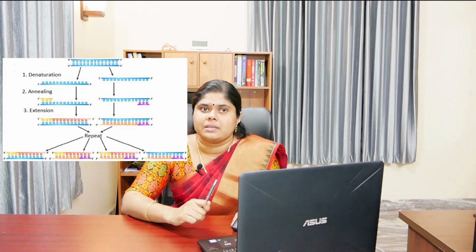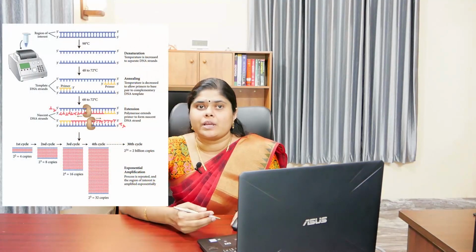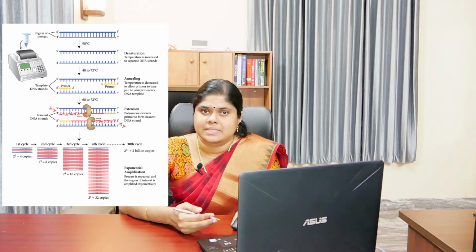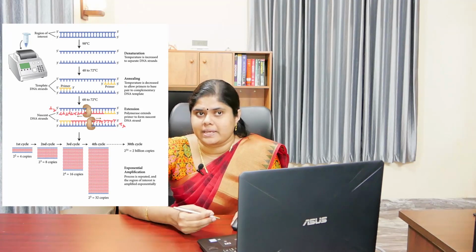Each cycle of PCR consists of 3 steps: denaturation, annealing and extension. Following extension, the reaction is returned to the denaturation step and the PCR cycle continues. Each cycle approximately doubles the amount of DNA, as a new strand of DNA subsequently acts as the template for replication in the next cycle. The 3-stage cycle is repeated about 25 to 40 times in a typical PCR procedure, and this results in an exponential increase in the quantity of DNA.